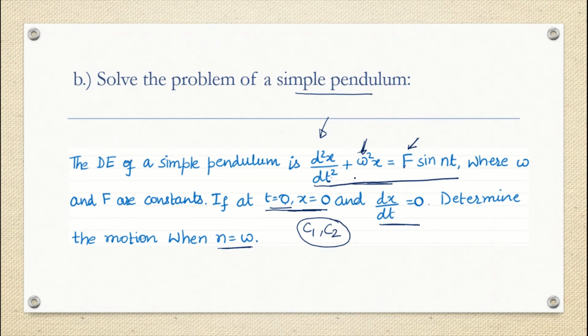Our method will always start with the differential equation they have given, and then we will write it in the exactly same standard form which we covered in the initial classes of differential equations, and then we'll start solving using the CF plus PI method. The reason for always solving with the CF plus PI method is that the differential equation will be of the nature of an ordinary differential equation with constant coefficients. And finally, we will be writing down the exact values of C1, C2, and yc plus yp will be your final answer.